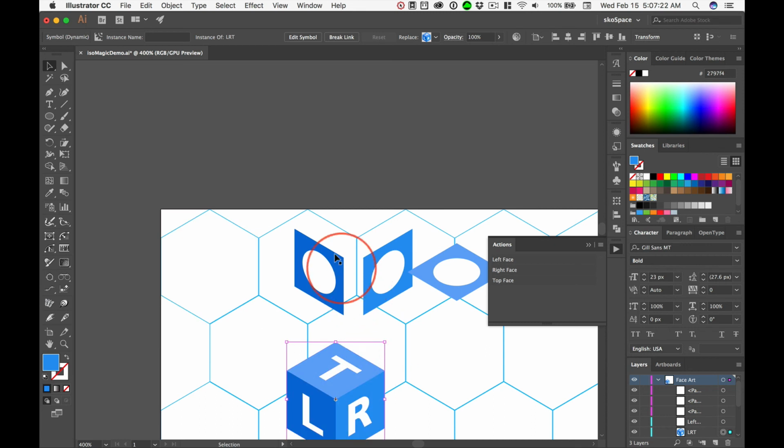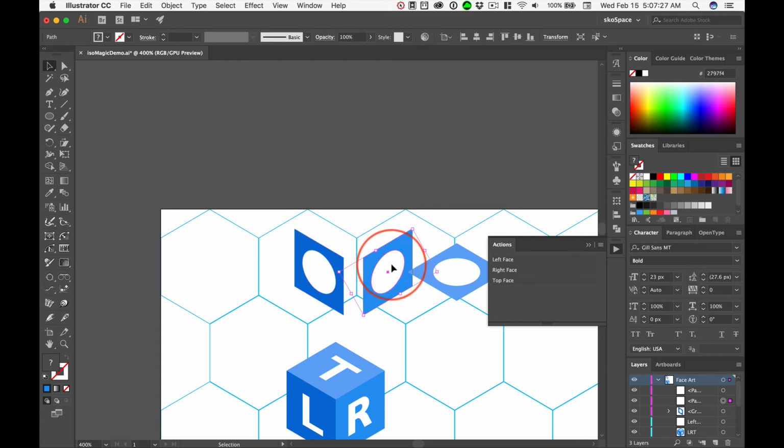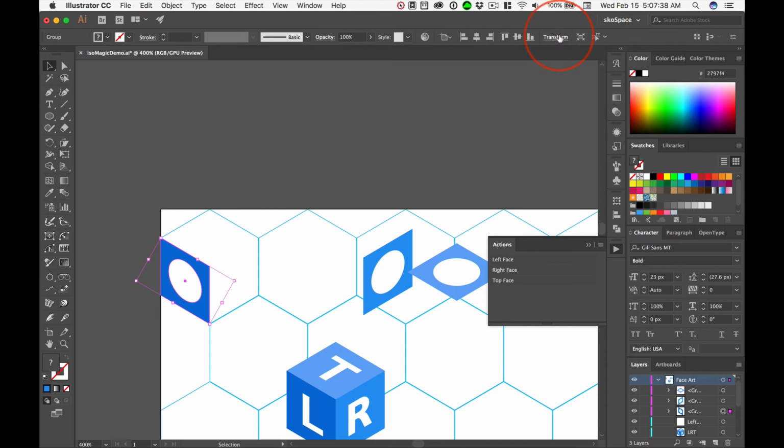I can move this out of position, highlight these two, and I can group them, highlight these two, and I can group them, highlight these two and group them, and then remember where these go? We can try to put them into position. Transform 25, and we have to change our registration point, right? For the Y, we want the Y right there, so we know that this bottom point is at 57.735. So we were off by